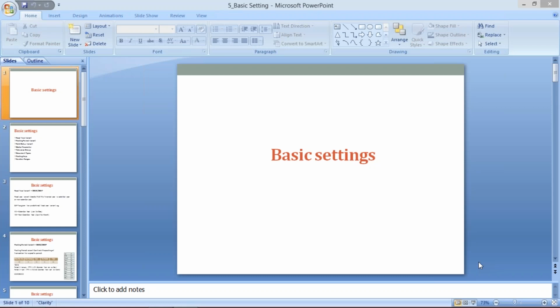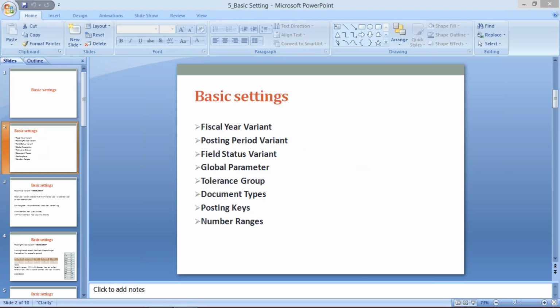Okay, guys. So in today's session, we are going to start basic settings. Basic settings means there are lots of settings which are mandatory, which we have to do. These are the configurations itself, like fiscal year variant. So as I explained last time,